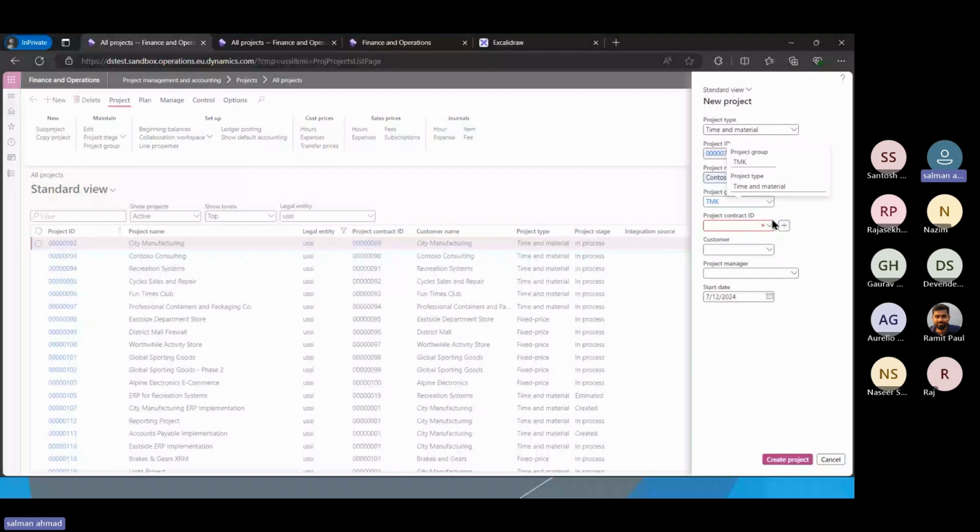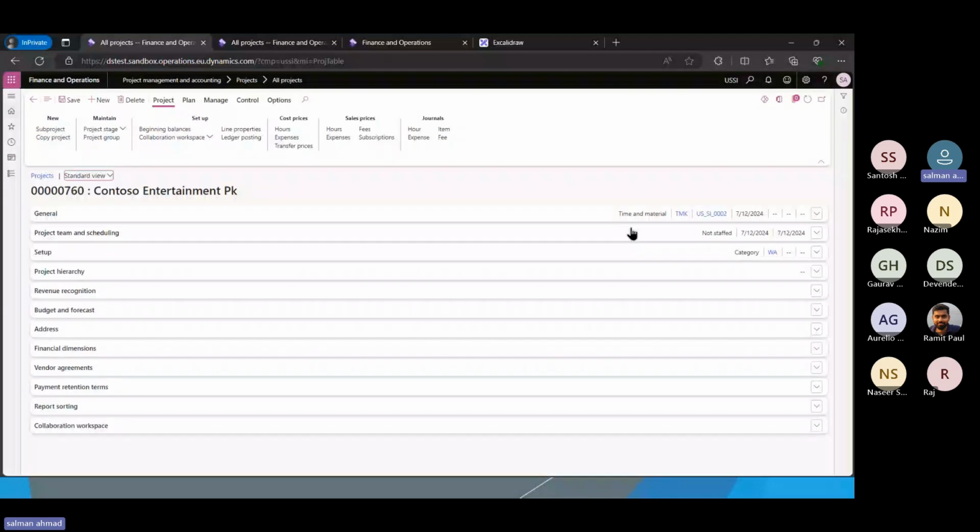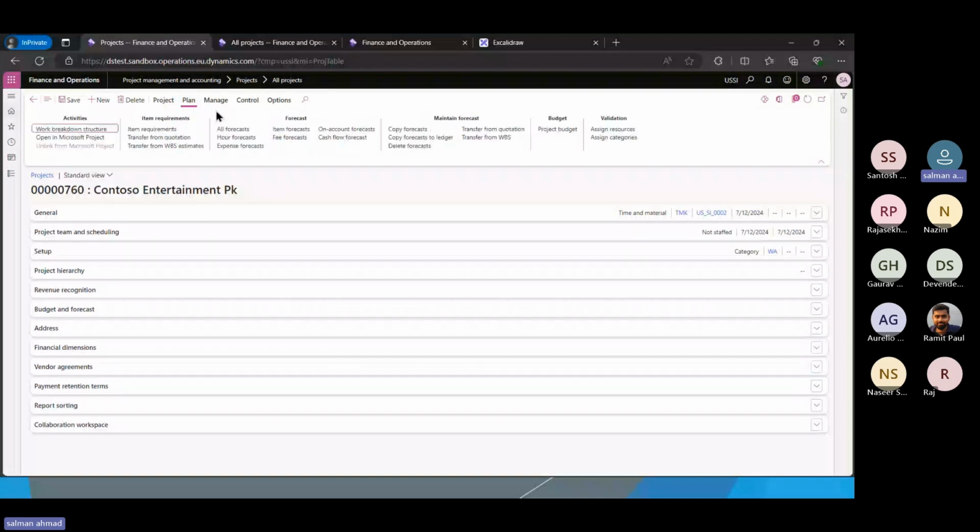Okay, so I will use this project to show you how we can use the line properties and the WBS. We can import the WBS that we already have as a template. So again, from the Plan tab, we can go to the WBS, and from here,